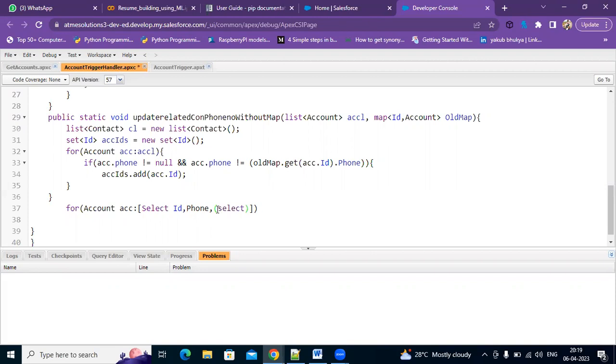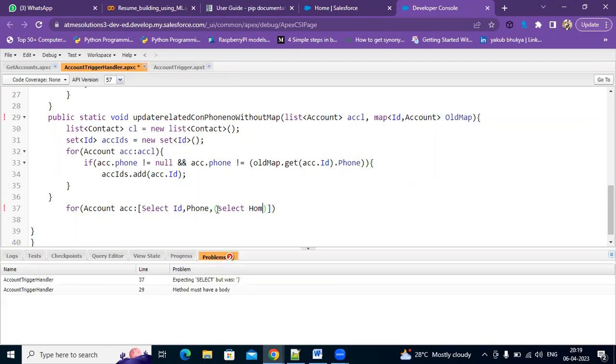select home phone field, which will be in a contact. I will check, if it is not there, it will throw us an error from contacts. Okay, I'm specifying the relationship name here for the contacts, and here we need to keep a where condition. Contacts with this child query will be complete. So we need to query this complete data from the account object. Okay, account object where we need to check a condition, that is where